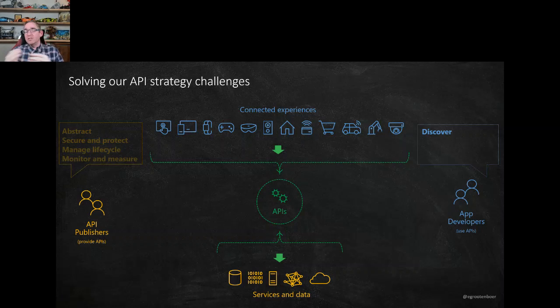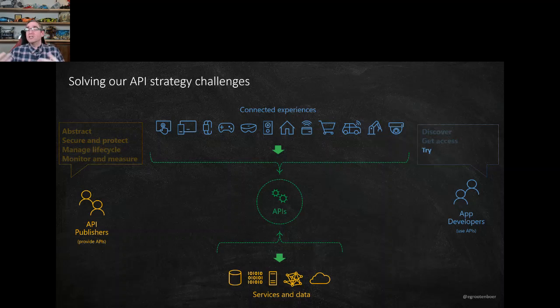So API management does this through the developer portal. And the developer portal actually allows you to go to a portal and immediately see which APIs are available to you as a person. I can then request access to those APIs, so I can ask for a subscription key, and this subscription key can either be assigned automatically, or I might have an approval step in there where an API publisher actually has to approve this subscription key.